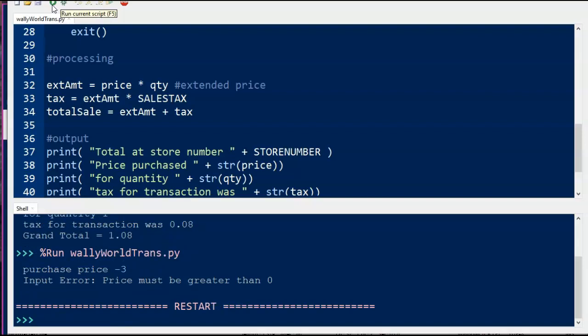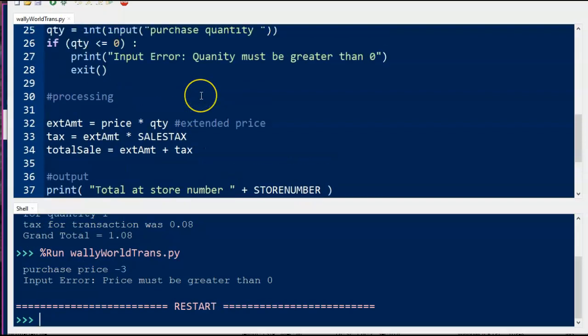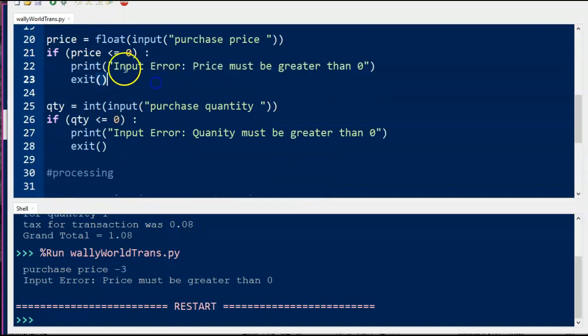Input error, price must be greater than 0. That's an error message that I created. It's up here, a little different than the pseudocode. When the programmer takes your pseudocode, they're likely to add stuff to it, maybe for usability, or maybe because of the program they're using. But this one is going to simply say input error, price must be greater than 0, and then the program is going to end. The only other thing you could probably put in here that might be useful is